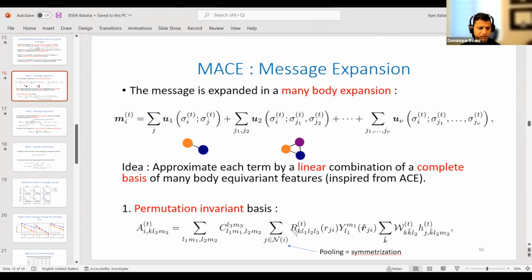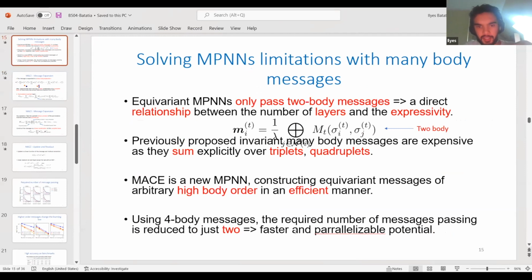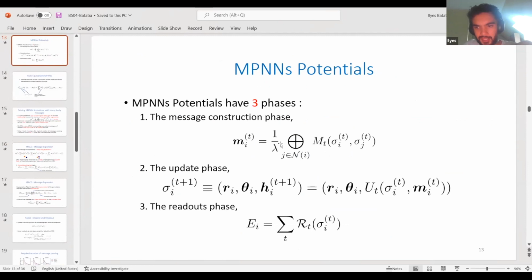And do you regularize such that the first few terms have higher weight associated to them, or do you just learn any possible weight and then observe that the first terms are more important than the others? Yeah, so we don't explicitly regularize, but there is some normalization inside the network. This is the lambda here. I didn't put it here, but in MPNN you have a lambda, and usually how you choose this lambda changes the scaling at each iteration.